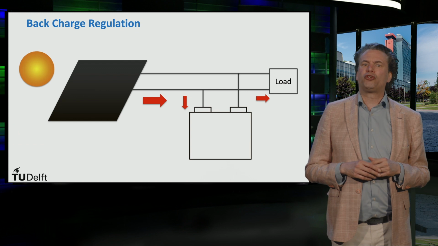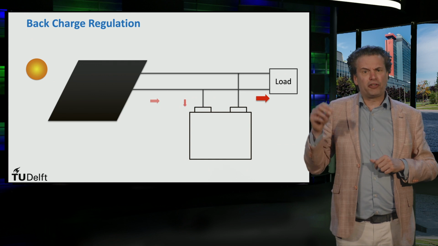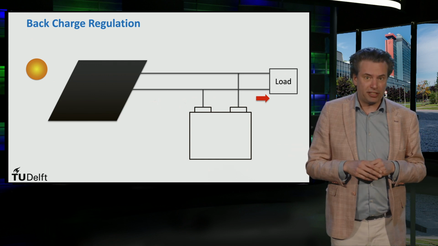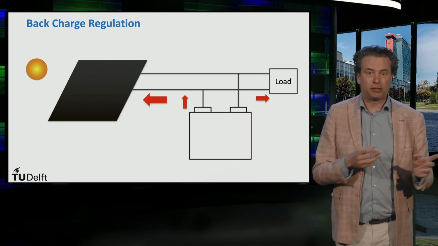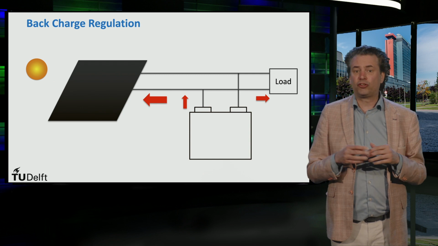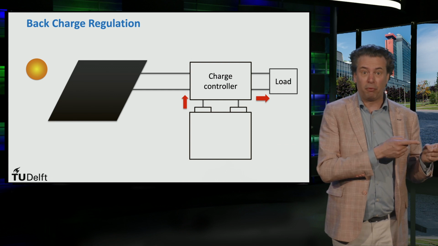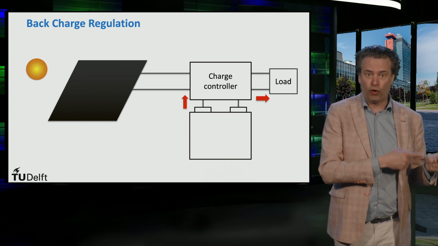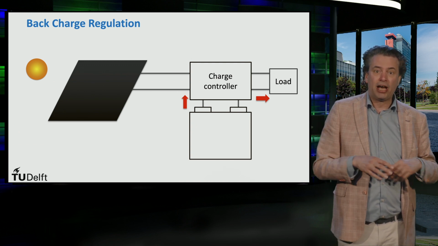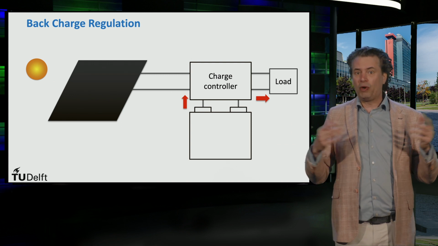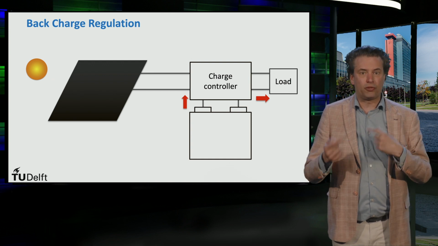Additionally, a charge controller also has a back charge regulator integrated into its circuit. This function is very useful, especially in a PV system that does not have any blocking diodes in its PV module or its PV strings. With the absence of a blocking diode, there is a possibility for the batteries to charge the PV modules when it's operating at low voltage. This means that the battery will impose a forward bias on the PV modules and make them consume the battery power, which leads to the solar cells heating up. A charge controller will prevent this situation from happening.